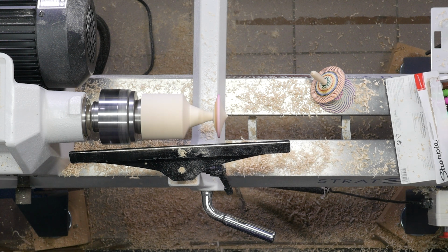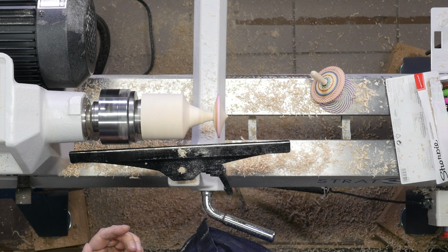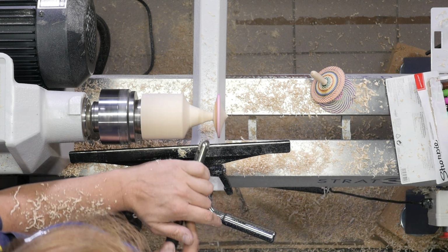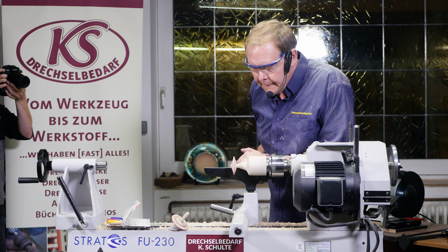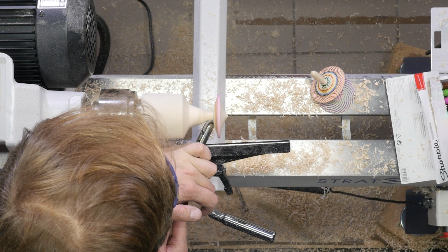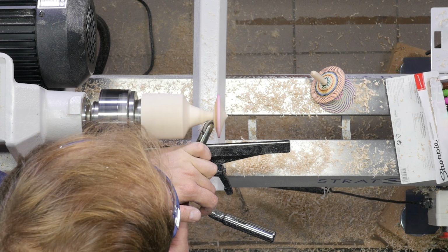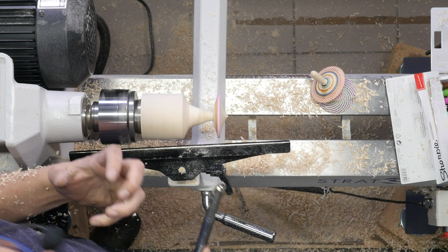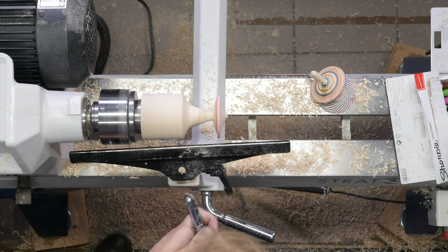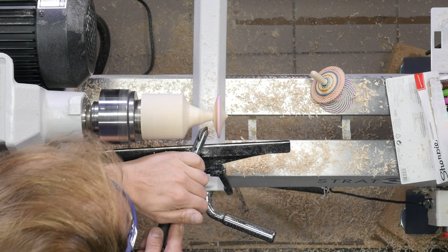So speed back down again, we're going to go right down to about 300. I think I'll use the coarse one. Again, just putting side pressure on. Different speeds, different angles will give you lots of different patterns. I'm going to go slightly faster, and I'm going to try and use the edge of the tips here